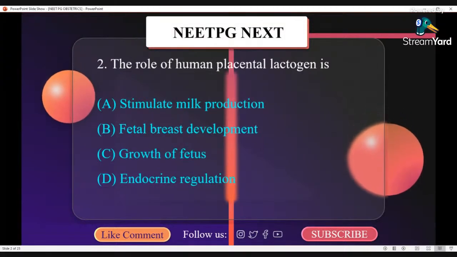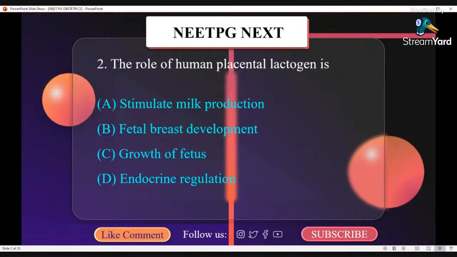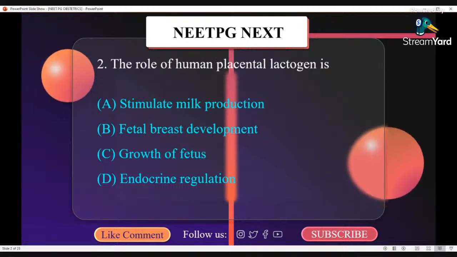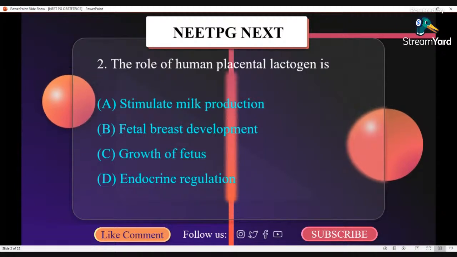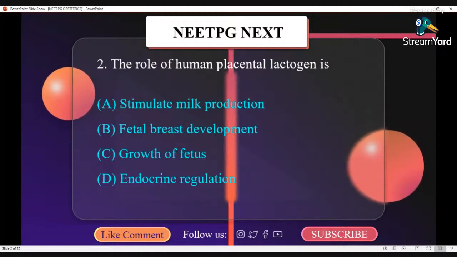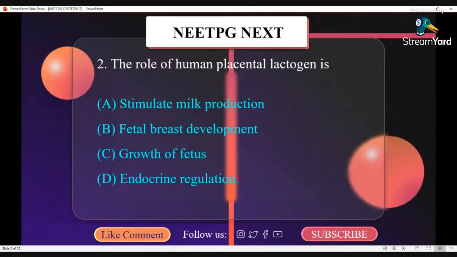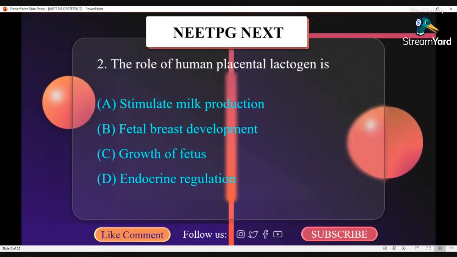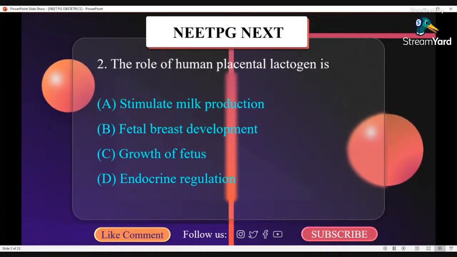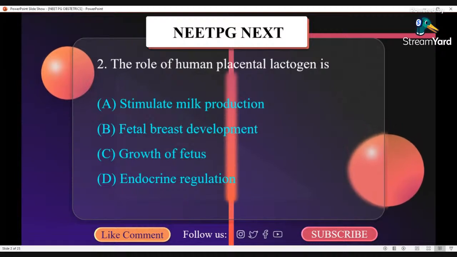The role of human placental lactogen is A, stimulate milk production, B, fetal breast development, C, growth of fetus, D, endocrine regulation. Now let us see what is human placental lactogen. Human placental lactogen is a hormone which